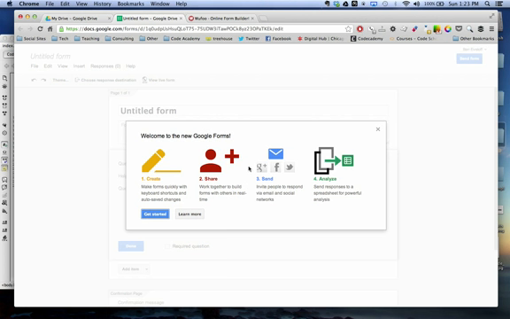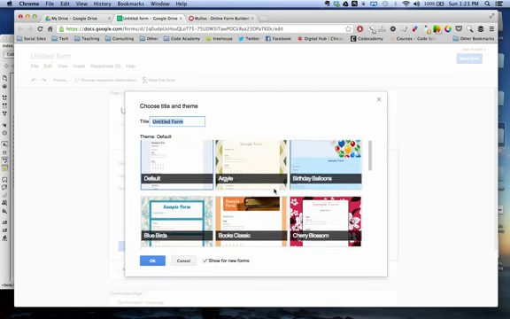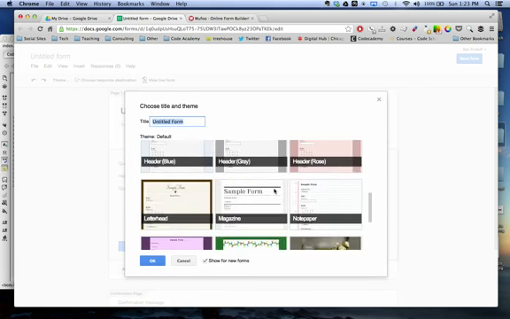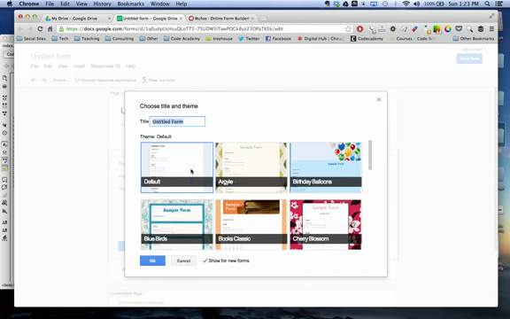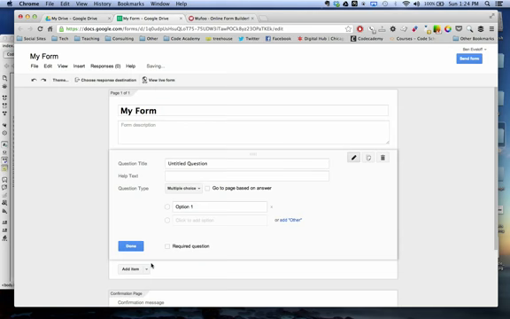They have a quick little walkthrough here, but I'm just going to X out of this. They have some different themes that we can use. Take a little time on your own and look through these. I'm just going to put mine on default. And I'm just going to title this My Form. So I have my form right here, and it allows me to set each different part of my form up